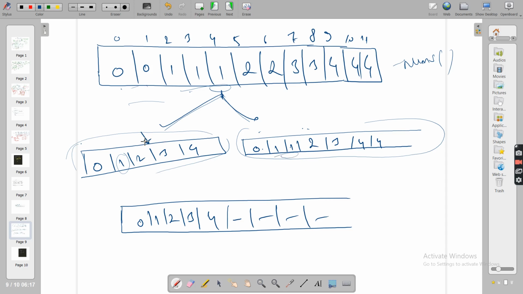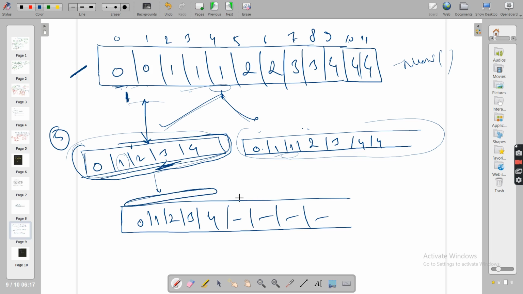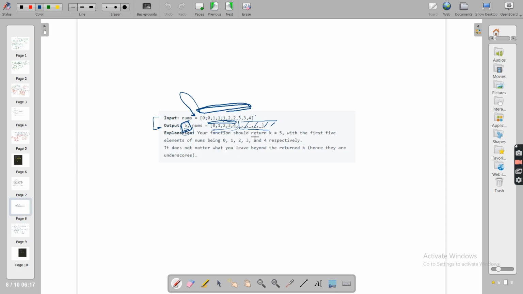Now see, the first thing you have to return is the number of unique elements, so the size of this array. You see the 5, so you can return 5. And at the same time you have to modify this initial array. How do you modify this? Just copy this thing in here. I've copied this array to the main array, so it will look like 0 1 2 3 4, and the remaining we don't consider, we don't bother playing with that. Why? Because the question says the remaining you don't have to consider, only put the unique elements at the initial indexes.